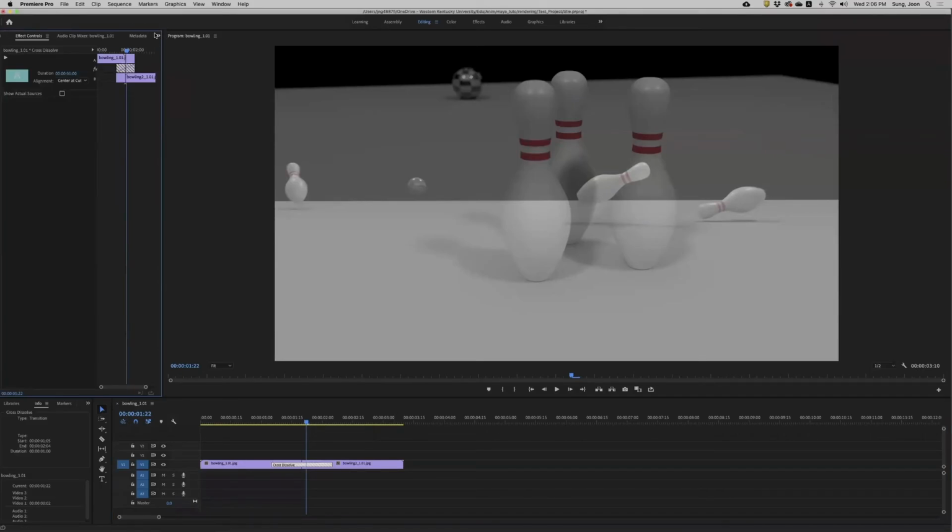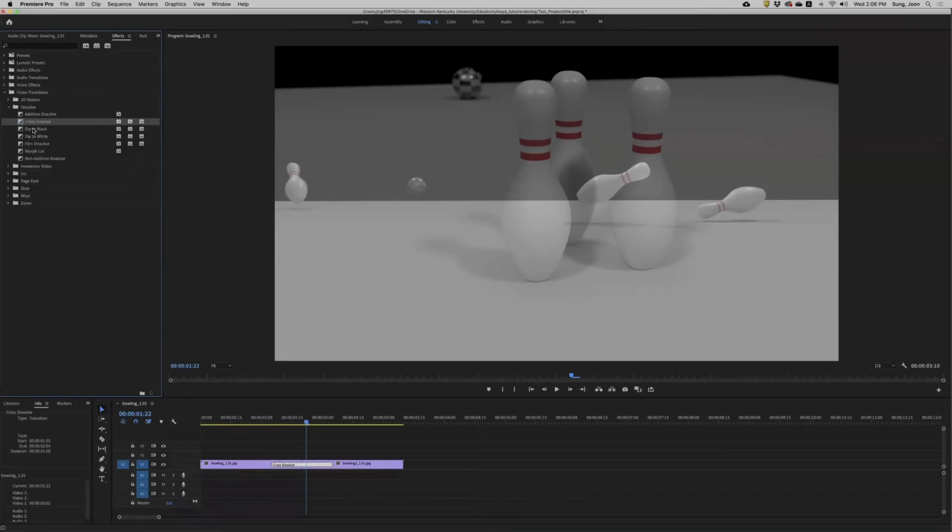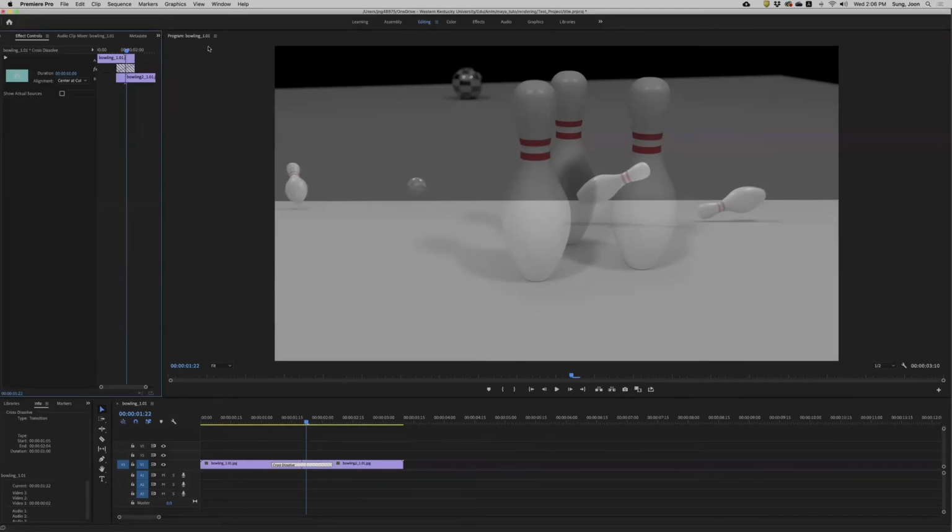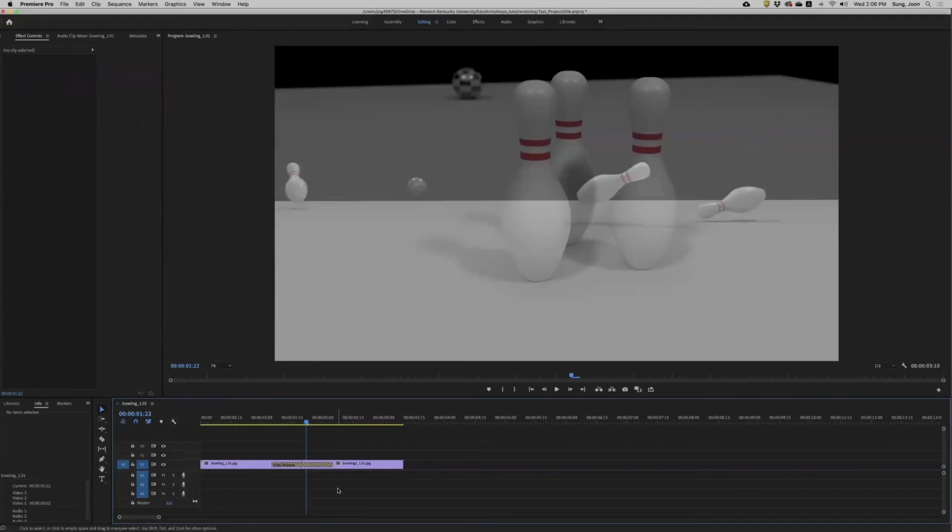the Effect Controls window. So the Effects and Effect Controls windows are different. When you need to find and select a video transition or an audio transition, you need to go to Effects. When you adjust the duration and other things, you need to go to the Effect Controls window. If you don't select the video transition, you won't see those options. You must click and select it, and then you will see them. So what you need to do here,